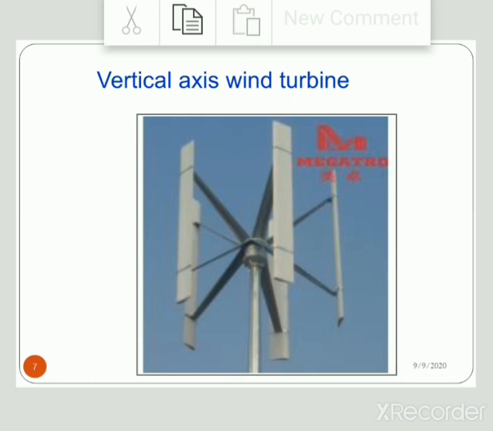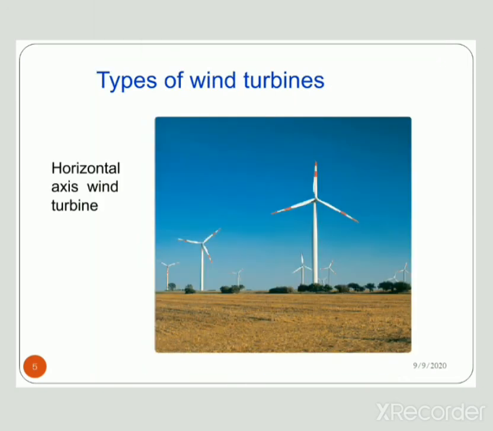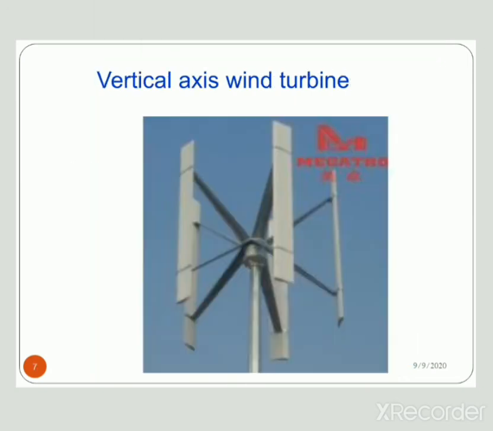And the last advantage is that it has more scalability. The design can be scaled down to small sizes, even as small as what will fit on an urban rooftop. In cities there may not be room for all renewable energy technologies, but vertical turbines provide a viable alternative to hydrocarbon energy sources. So these are the advantages of the vertical axis wind turbine. It is cheaper to produce than a horizontal axis wind turbine. This is one more advantage. So this is all our information regarding the vertical axis wind turbine.